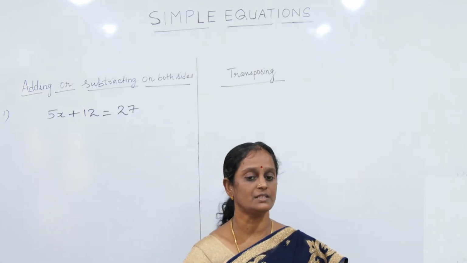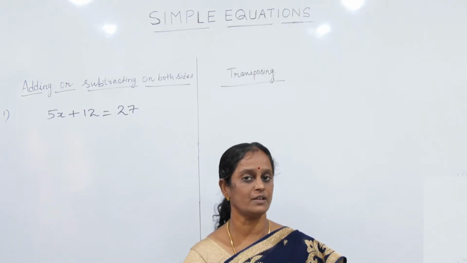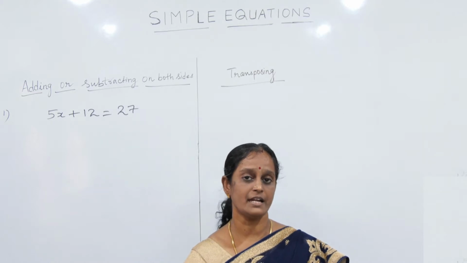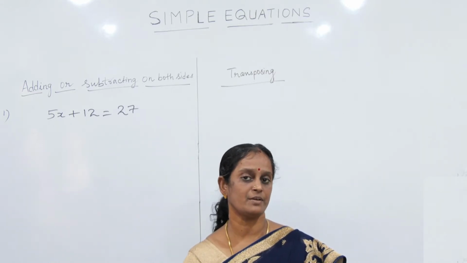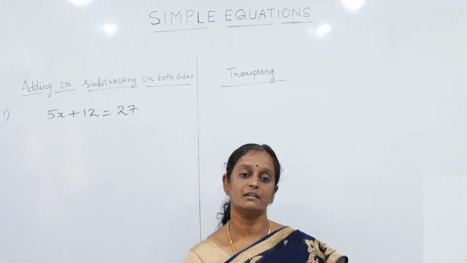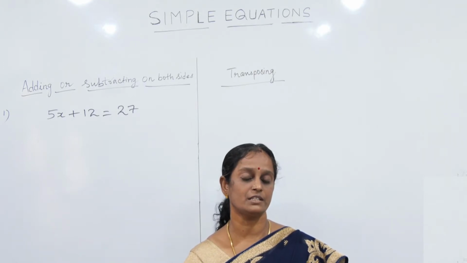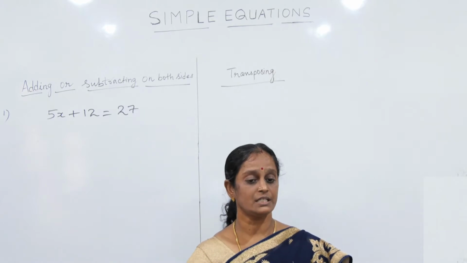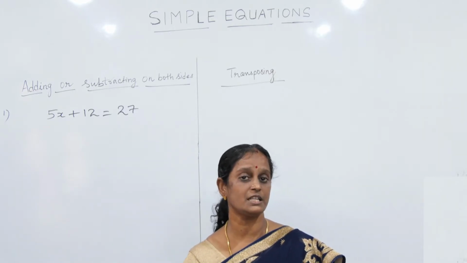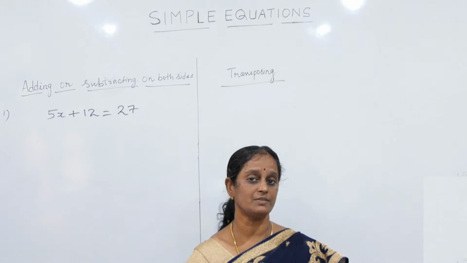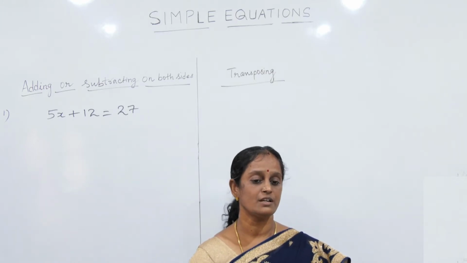In the previous class, we have learned to solve some equations by following some rules. That is, by adding the same number to both sides of the equation, subtracting the same number from both sides of the equation, and multiplying and dividing both sides of the equation by the same number. Students, we carried out a series of identical mathematical operations on both sides of the equation in such a way that on one of the sides we just get the variable, and the last step was the solution to the equation.